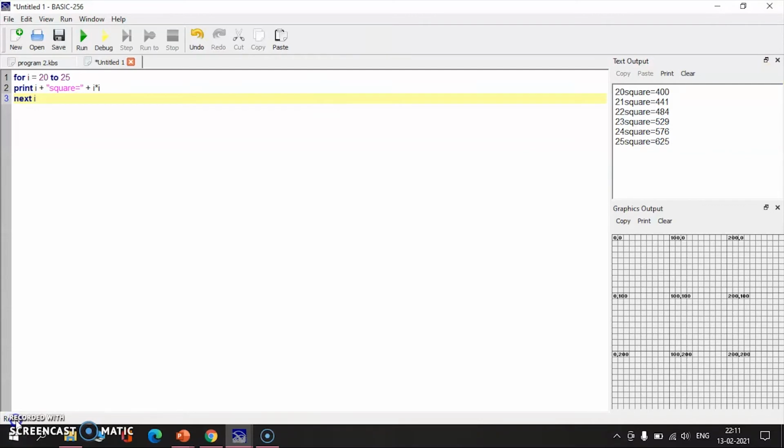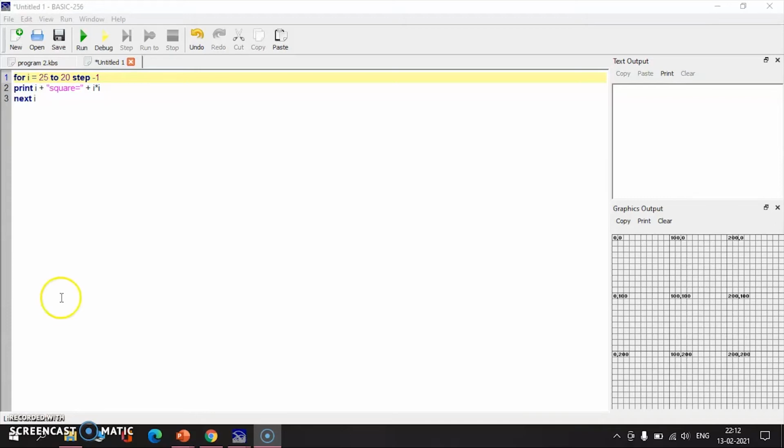Yes. Now we are going to see our third program based on the for loop only. So here the same values are assigned. For expression 1 we assign 25 and expression 2 as 20, and in our expression 3 we have given a negative value, -1. Let's see what the output will be for this particular program.